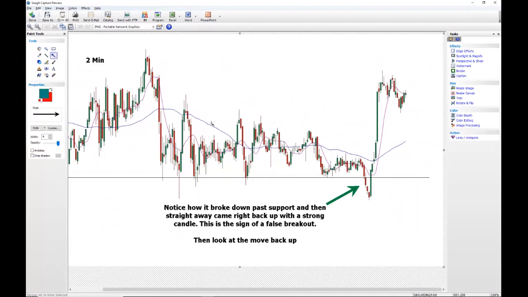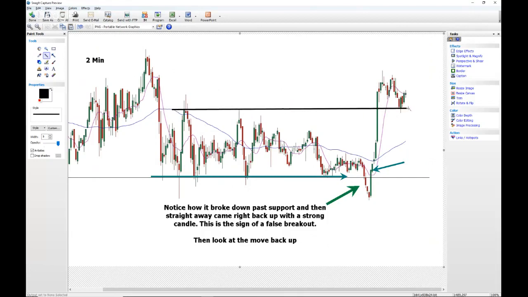Notice how we had all this market come back down, and then we had a big strong candle break back above it, right? Broke back above this support line through here. What is that? That's now confirming this to be a false breakout. And what do I say when we get a false breakout? If we can see any identification of any sort of channel through there, and I do notice that there was probably a bit of support and resistance through there, I would say that at that point it now has a very good chance of getting back up to the top up there.